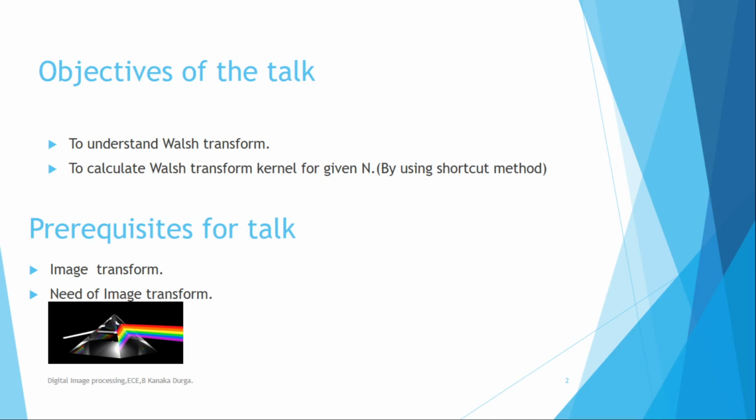And the mathematical analysis of the signal is very easy in the frequency domain. That is the second point. We already know that convolution in the time domain is equivalent to multiplication in the frequency domain. So it is an easy process for us to do multiplication rather than the convolution process. So mathematical analysis is very easy in the frequency domain.